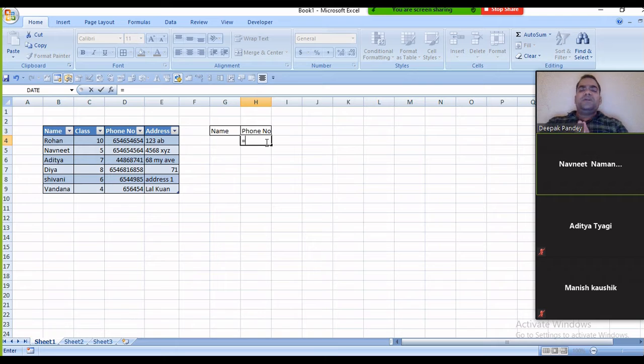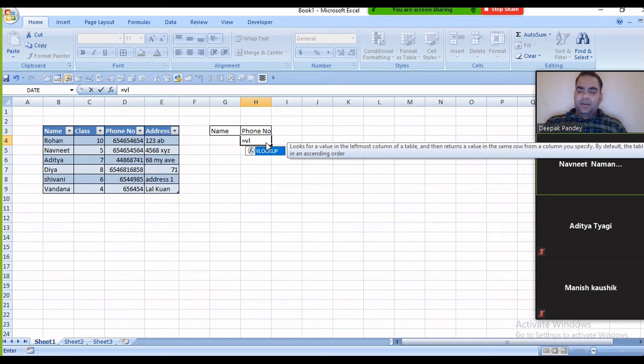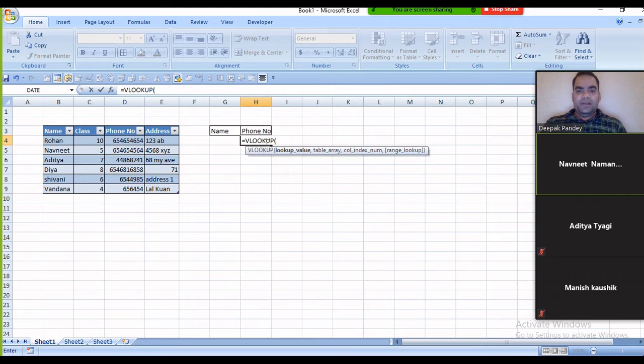For that, we must start with the equal sign and VLOOKUP. When you start typing VL, it will give you the suggestion, and then it asks for the lookup value. Lookup value, where do you want the value from? I want the name from this cell G4.